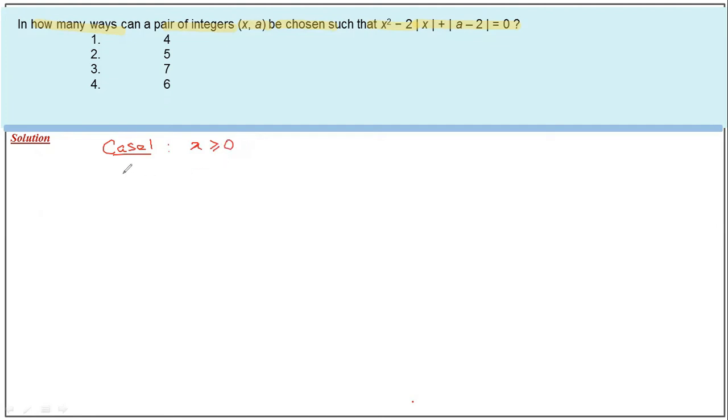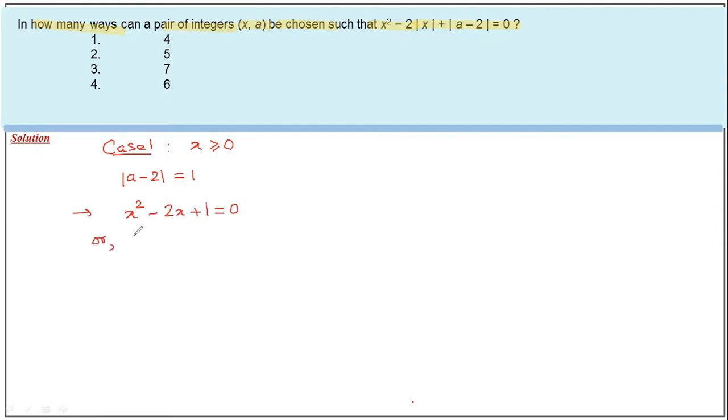So in that case, if mod of a minus 2 equal to 1, then the equation becomes x square minus 2x plus 1 equal to 0,